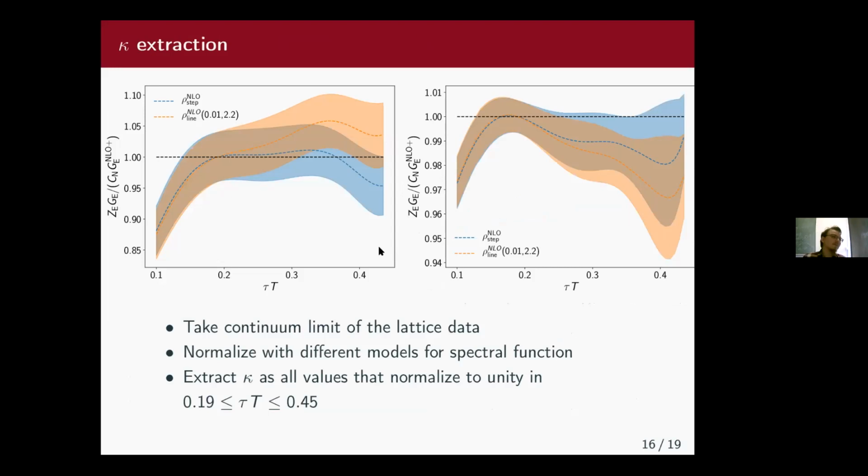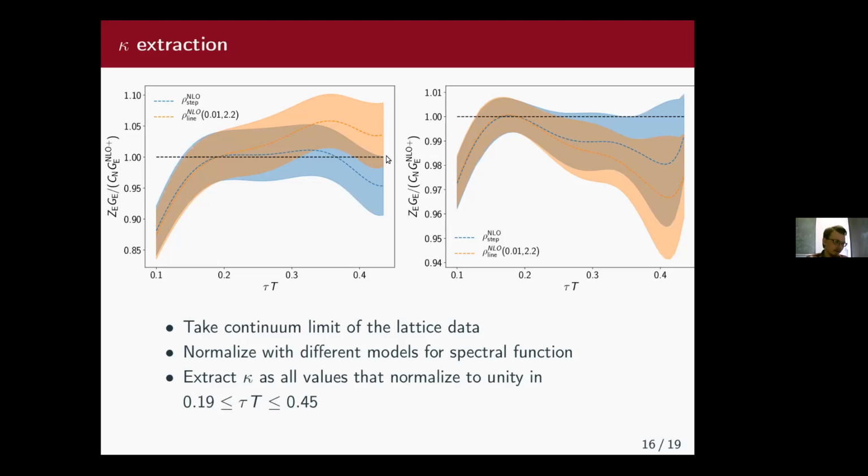And here is how we then extract the kappa. So what we do, we take the continuum lattice data, and well, here the Z_E is the one loop normalization constant, and then we have the C_n, which then normalizes it to 1 at 0.19. And then we take a model and integrate that model with running of the coupling and everything included, and then divide the data out. And if the data is then equivalent with 1, between 0.19 and 0.45, then that kappa